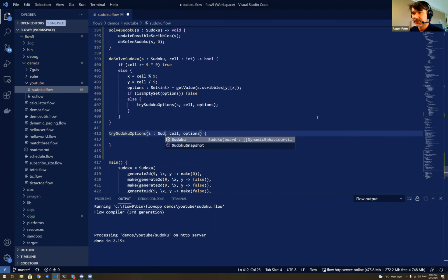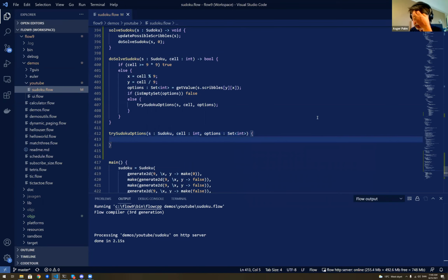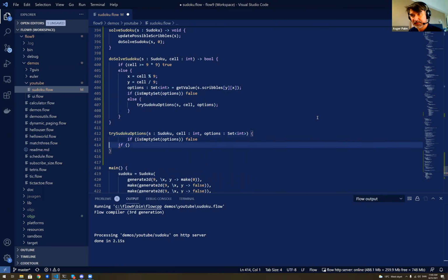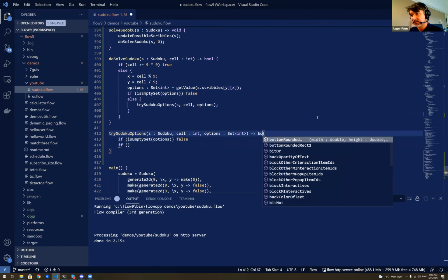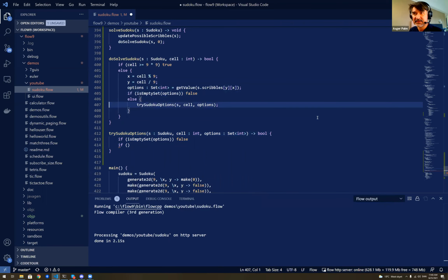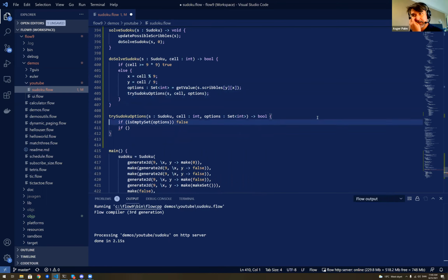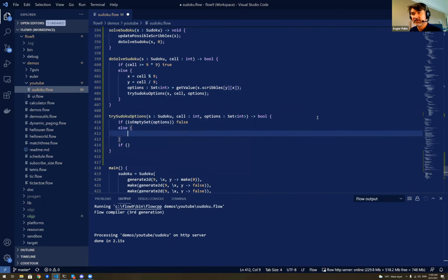Anyways, Sudoku and the cell and the options we have for this cell are here. I think this check should be in here, now that I think about it. So let's do it like this instead. Okay, so if it's the empty cell,